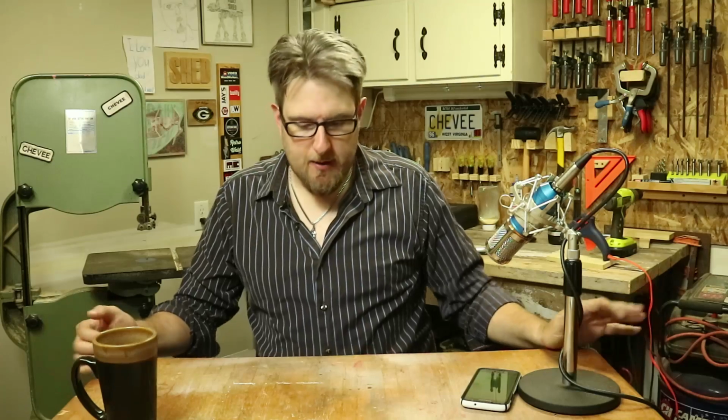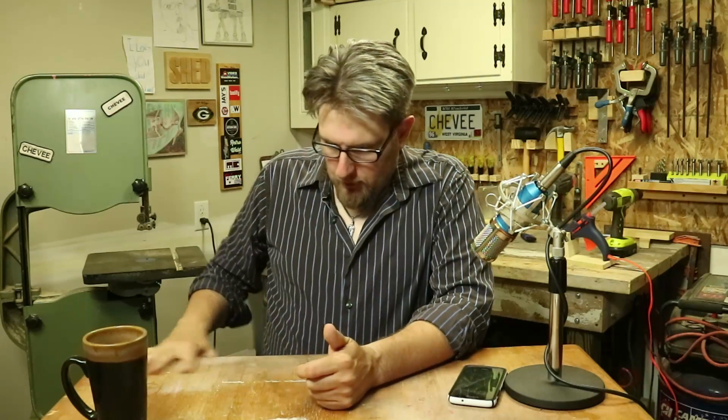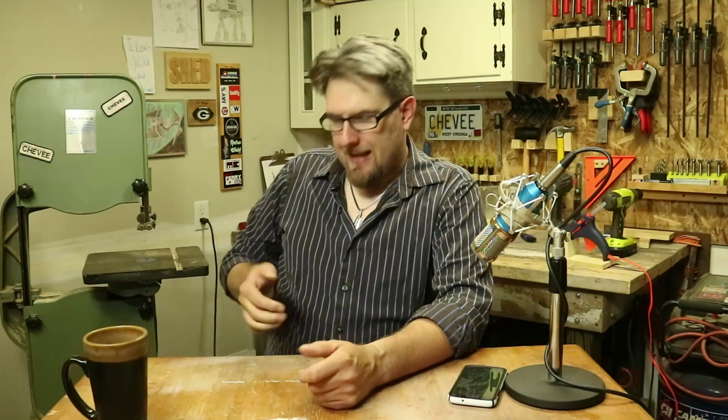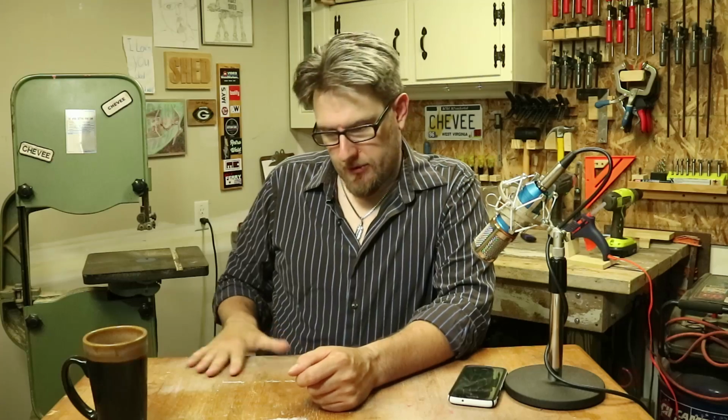The other things I've tried to do is keep everything as mobile as possible. This table is on casters. You've probably seen me move it around before. This replaced the need for the mobile workbench. I got this butcher block style tabletop from a friend. He gave it to me. It's like oak, solid oak, probably 1.5 inches thick, maybe 1 3/4 inches thick, and it's heavy as all can